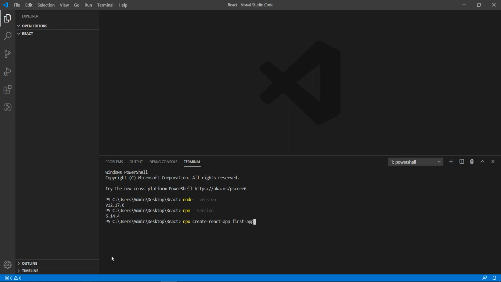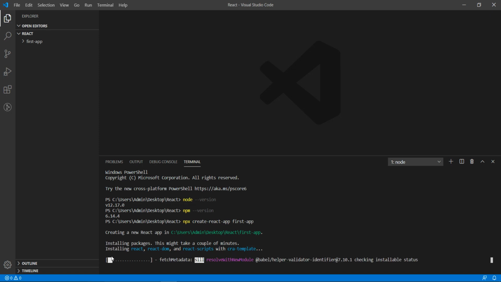Every time you run this command, it will use the latest version of create React app. I am going to use this command to create a project. So let's hit it. It will take a little bit of time to create a React application.